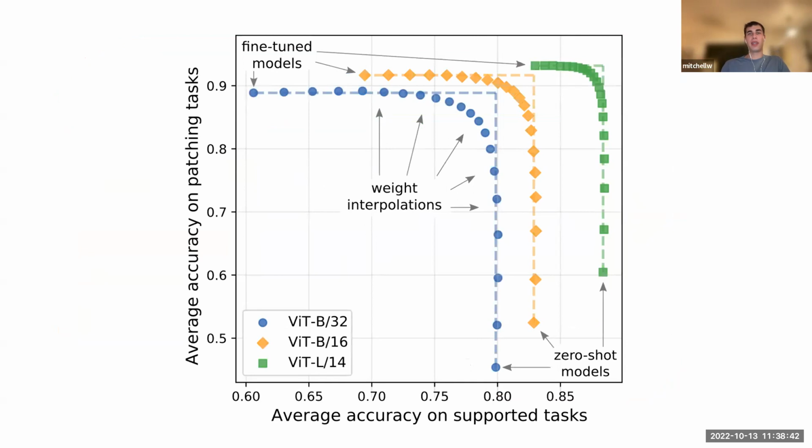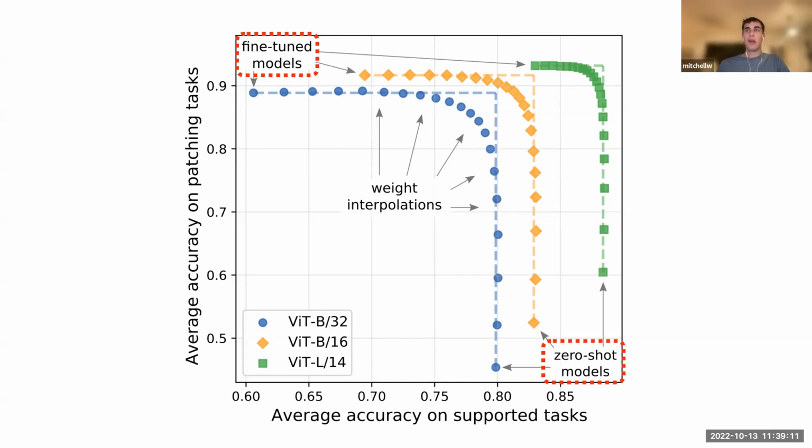So when we do that, we see the plot here, where the zero-shot models are doing pretty well on the supported tasks, but not so good on the patching tasks. These are the zero-shot models down here. On the other hand, the fine-tuned models are doing really well. This is just fine-tuning on these patching tasks, and these do really well on the patching tasks, but performance drops a lot on the